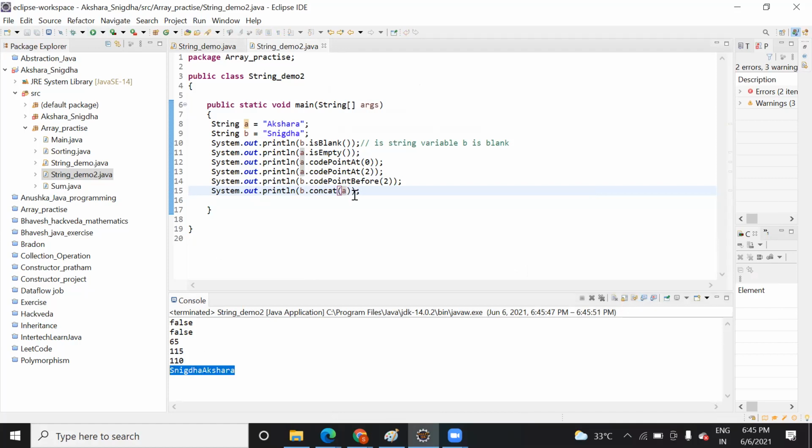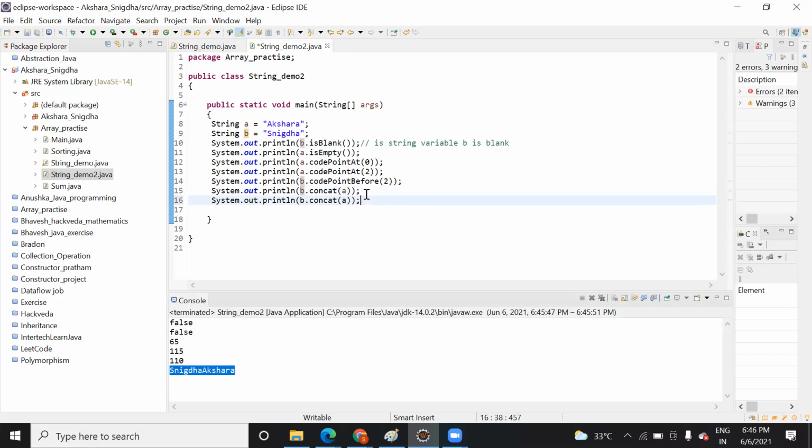I took b dot concat, so it will concatenate the value of string variable a to this. So the concat function is used to concatenate the values of two variables. Similarly, you can do it for a and b also, by changing the variable a to b. Here you take a and here you take b, and run this.